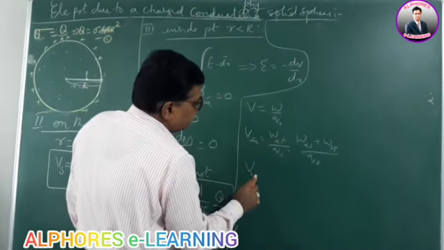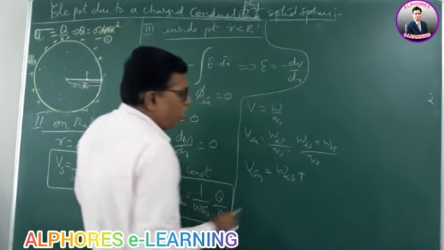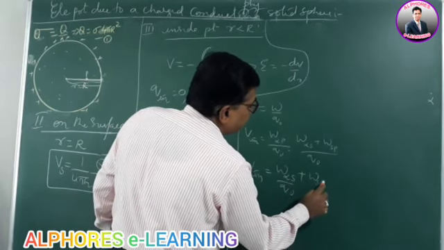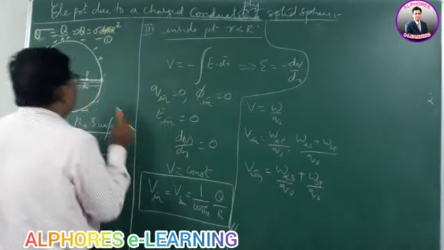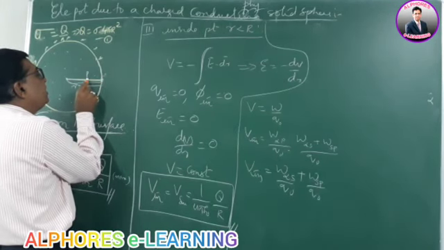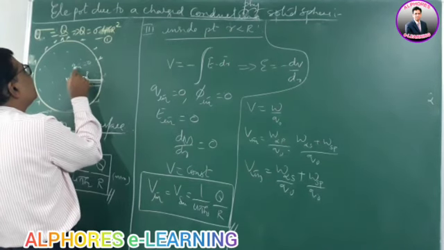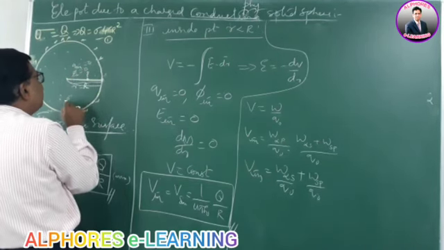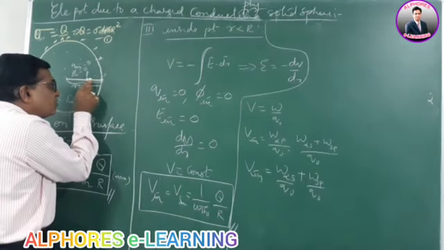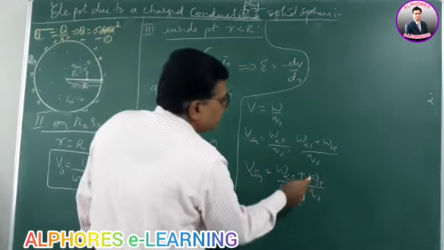Therefore, the potential inside is the work done to move from infinity to the surface by q naught plus the work done to move from surface to point P by q naught. Now, from here to here, inside there is no charge. Charge inside is 0, flux inside is 0, field inside is 0. There are no electric lines of force, so there is no work done. There is no opposition. There is nobody to oppose. So this work done is zero.